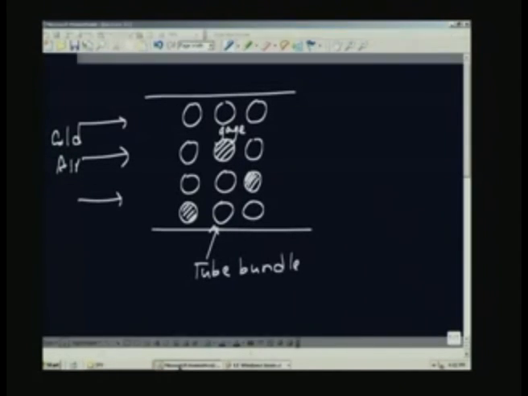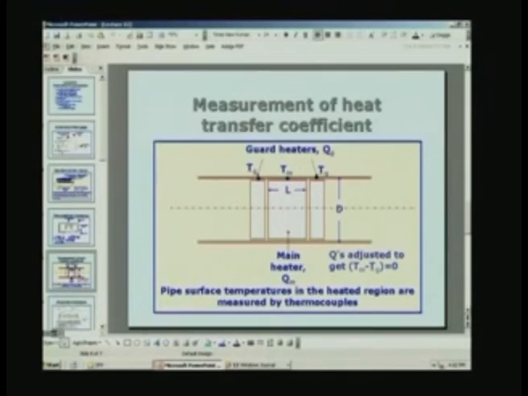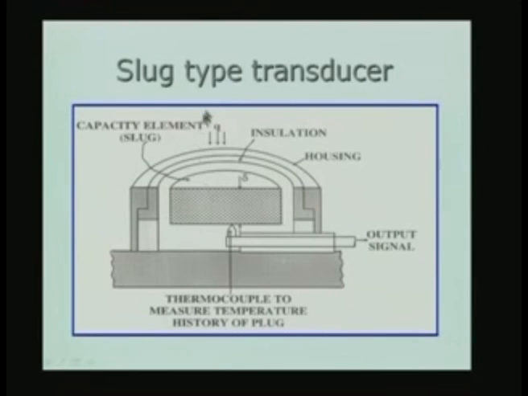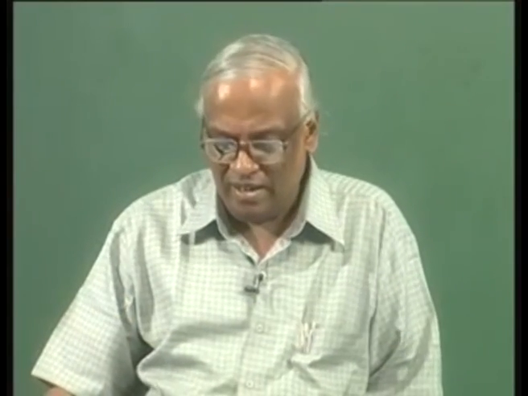So, with this we will go back to the slides. So, the measurement of heat transfer coefficient using a cylindrical gauge is quite clear now. I am now moving on to the measurement of heat transfer by using transient measurements. I will not be able to complete the discussion here, I will just give a brief introduction, so that we know what we are going to talk about, and then in the next lecture, we are going to take up the discussion on that. Detailed discussion will come in the next lecture.